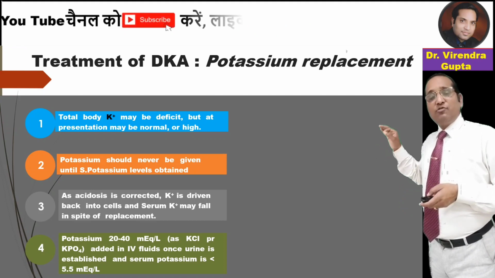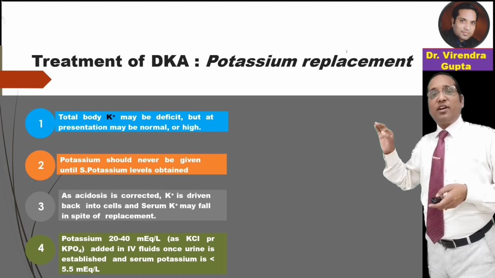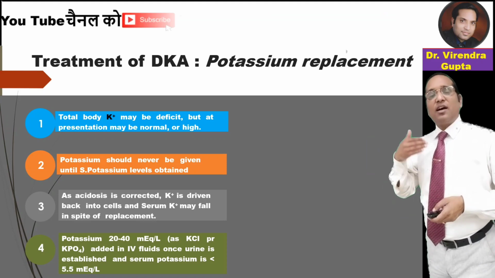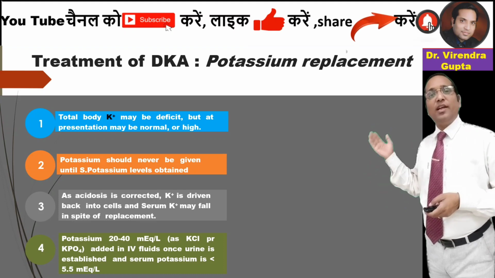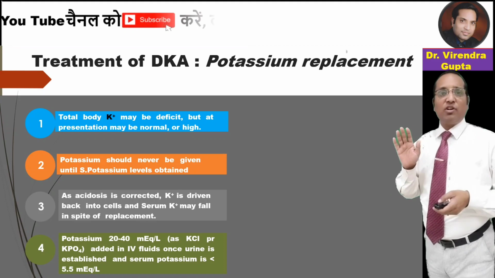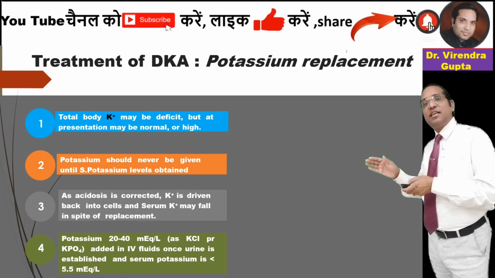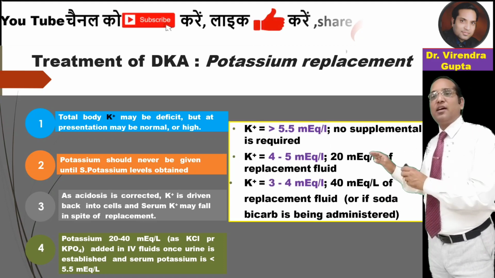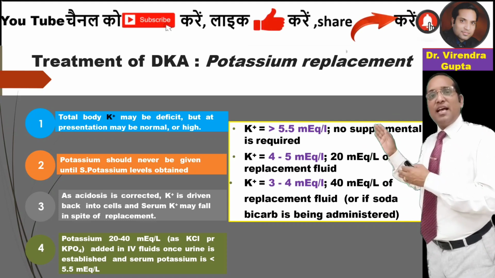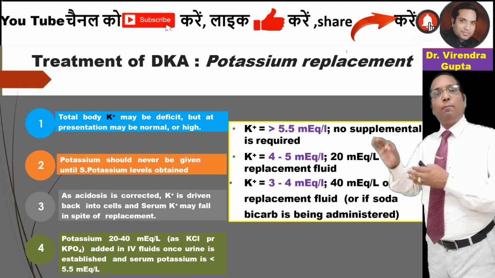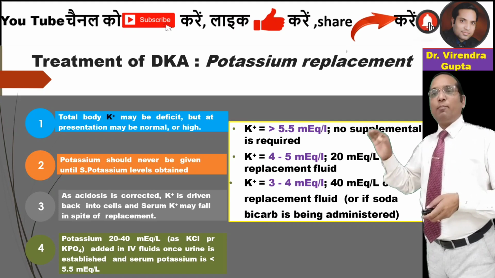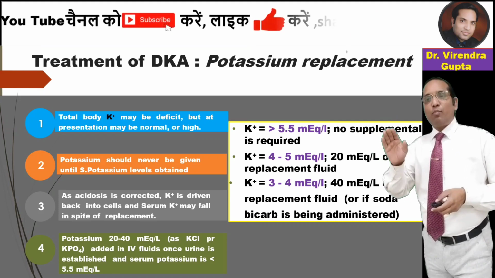And guys, we should start the potassium after checking the serum potassium level. When we start the correction of the acidosis with the insulin, potassium shifts from extracellular to intracellular, so the potassium level decreases. We should start potassium replacement if the potassium is less than 5 milliequivalent per liter, at the rate of 20 milliequivalent per liter of the replacement fluid, and if the potassium is less than